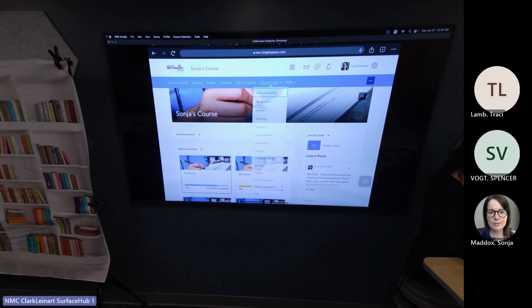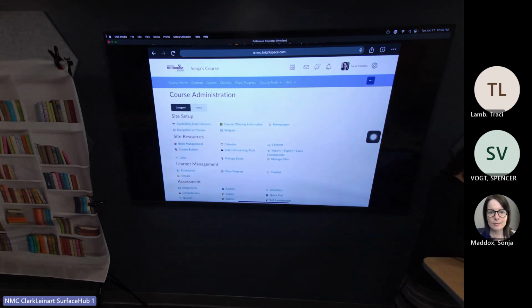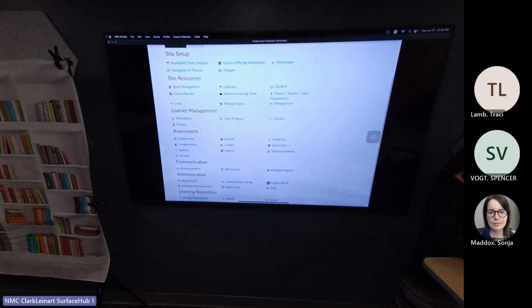So in your course tools, I would say there are probably 4 tools that are pretty predominant: your assignments, your discussions, and your quizzes, and then the course admin, which is a pretty powerful tool. You can do a whole lot in here, but that's where the import, export, and copy components are.